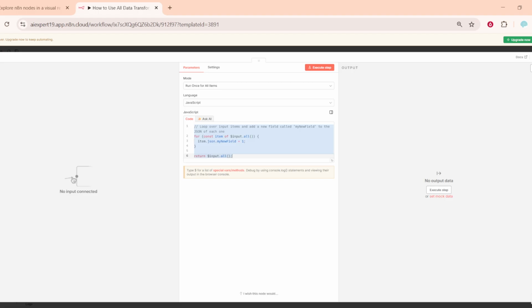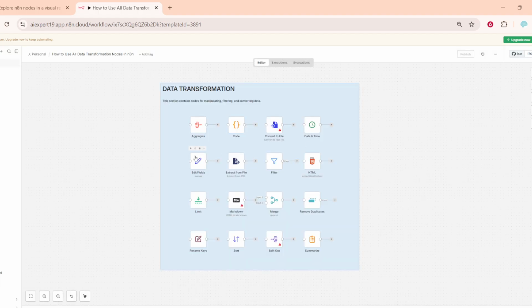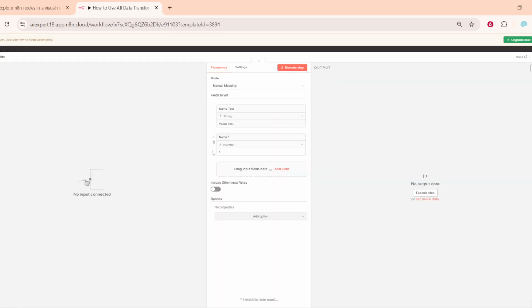For quick visual changes, the edit fields node, also known as the set node, is your best friend. Use it to add new fields, modify values, or remove fields entirely. It's perfect for preparing data before sending it on, renaming simple fields, or adding constants like a status or a